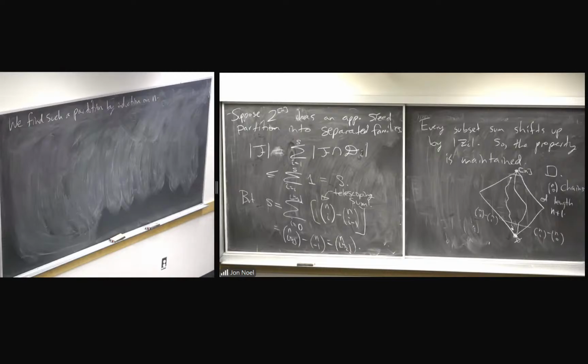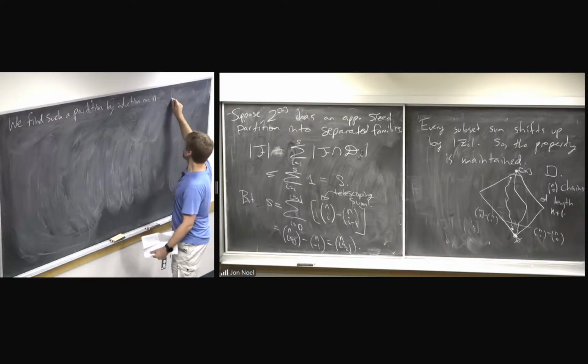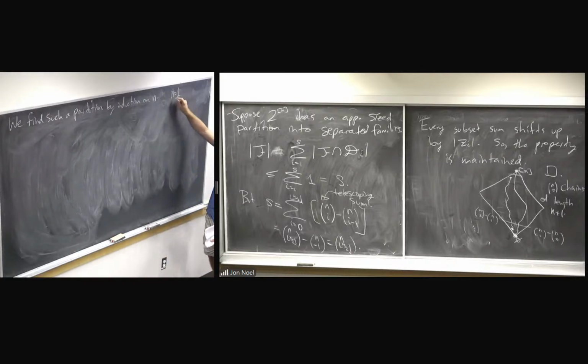And this is going to be reminiscent of when we found a symmetric chain decomposition. We're going to do the same thing. Isolate the value, take away the value n, find a partition for 2 to the n minus 1, and then try our best to add in n in a sensible way to extend it. So for the case n equals 1, we just let D1 be the whole thing,